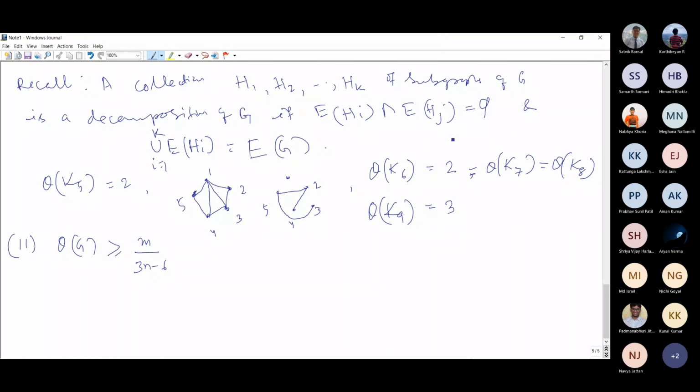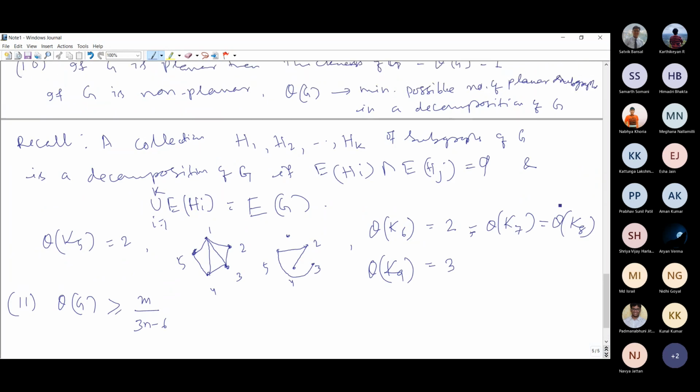Ma'am, in the 10th question, we can draw the minimal embeddings and then remove the edges which intersect, and that's how we can create these subgraphs, the thickness. Yeah, and that's how we can proceed further. So for K6 also you will be able to manage with 2 layers, right? Do you understand that 2 planar subgraphs will cover all the edges?